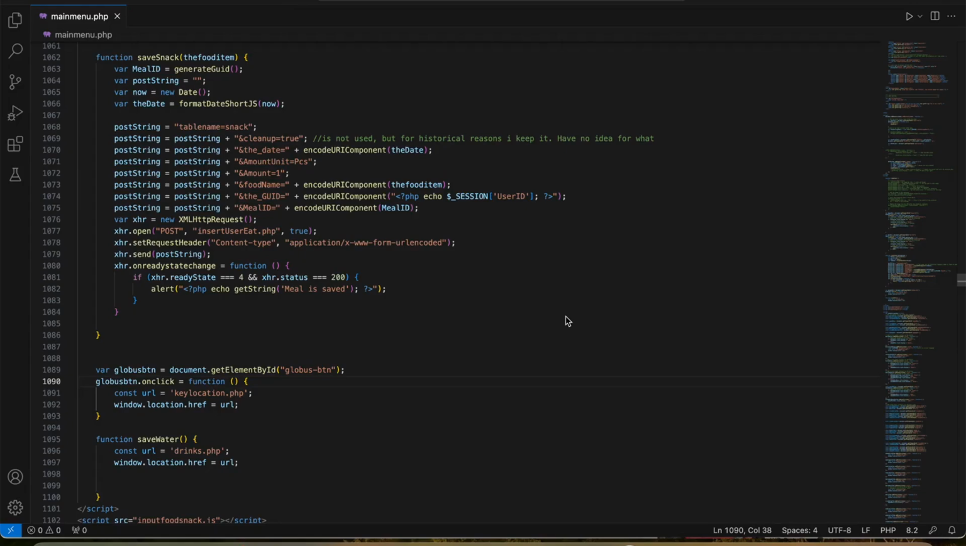to call a PHP script with post parameters from JavaScript in a very, very clean way. I will show you an example of how to call a PHP script from JavaScript with post parameters. If you look at the screen now, you can see I have a function here called saveSnack with a